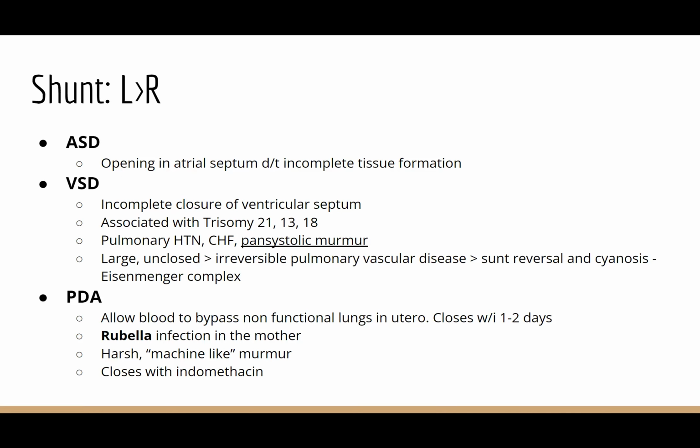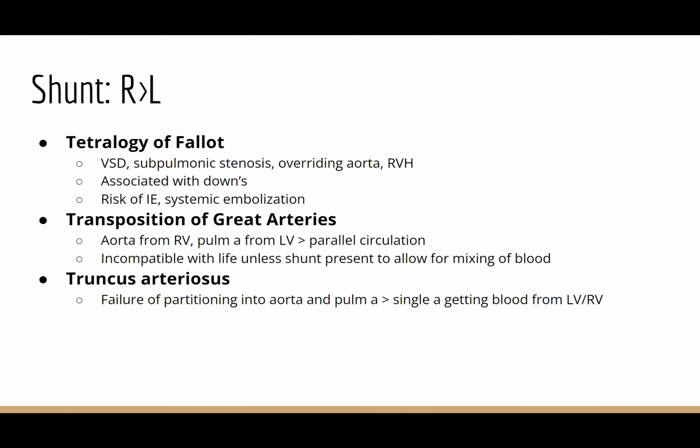And then you can give indomethacin to close up. Right to left, the cyanotic lesions below, the 3 characteristics. You have VSD, subpulmonic stenosis, overriding aorta, and then right ventricular hypertrophy. Big association with Down's is your risk factor, and it can lead to an increased risk of infective endocarditis and embolization. Transposition, so aorta and pulmonary artery kind of switch where they're coming from, so you create